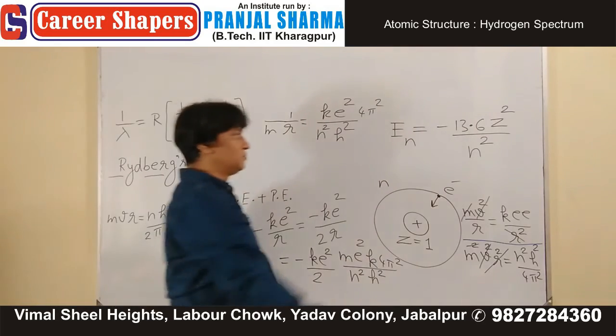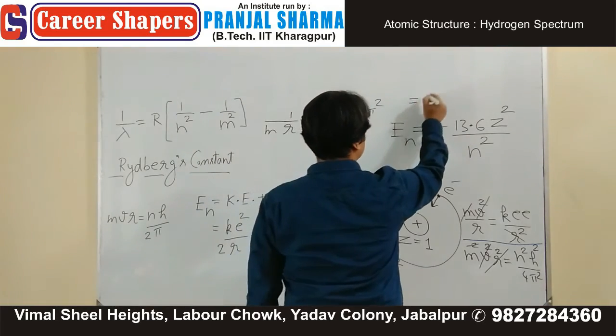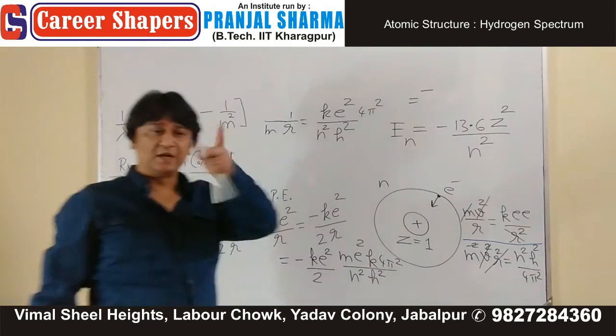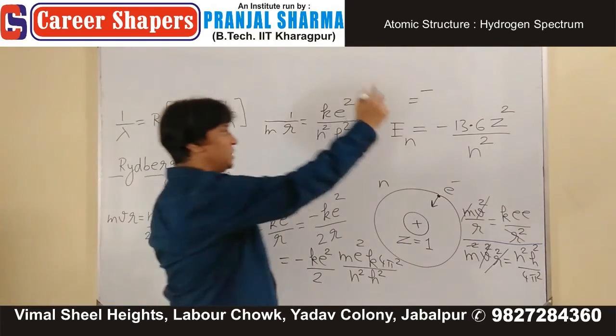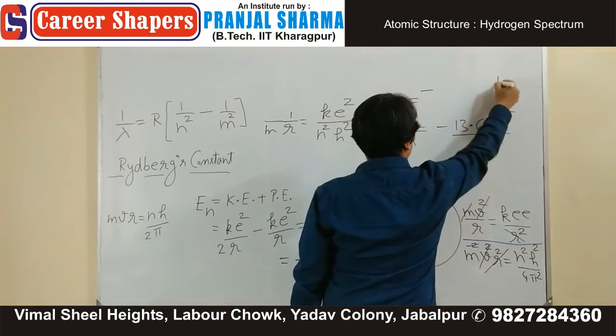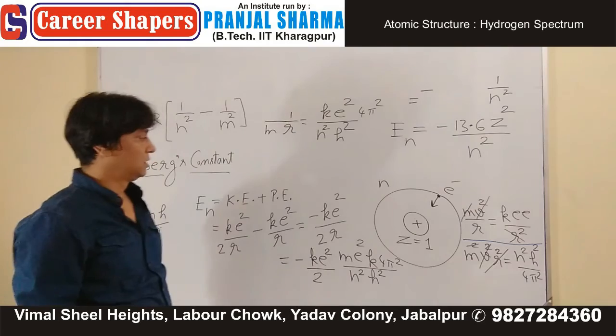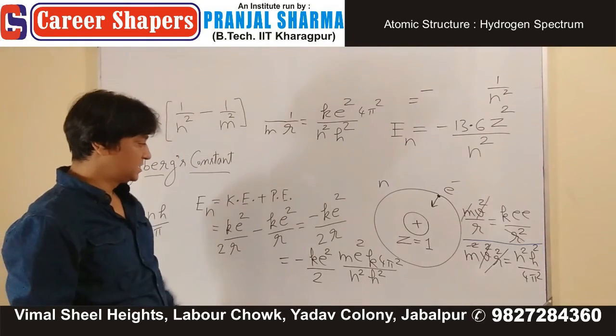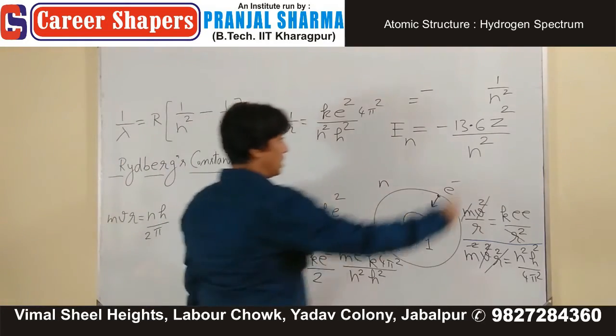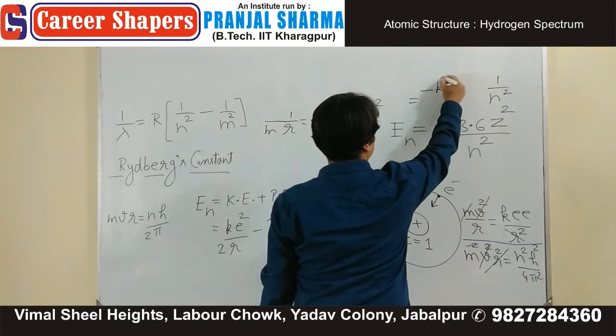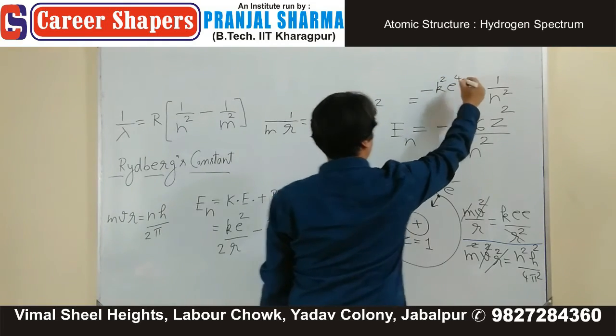So this term, which was 13.6, and the Z is 1, remember. So this 13.6 is basically what? The term 13.6 is k²e⁴